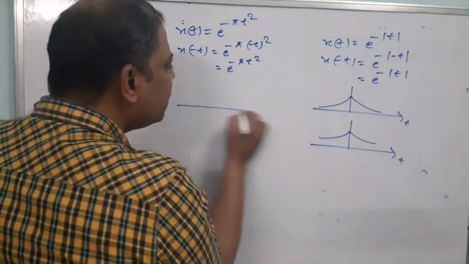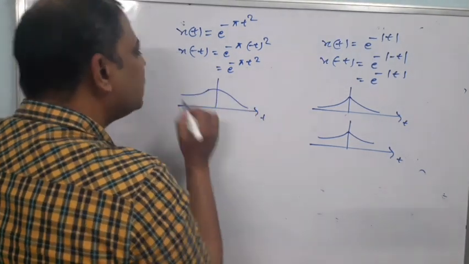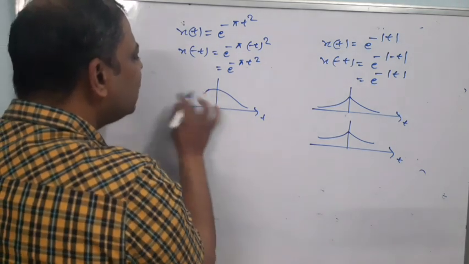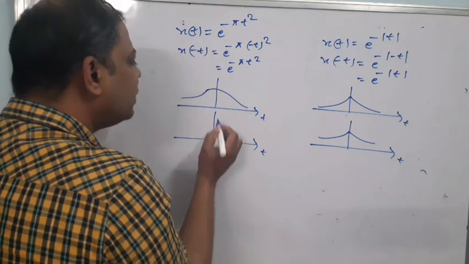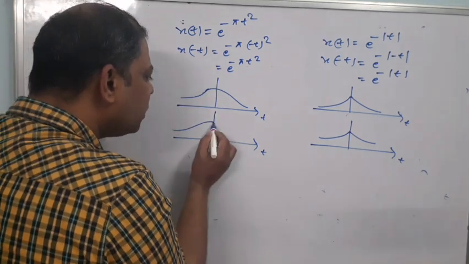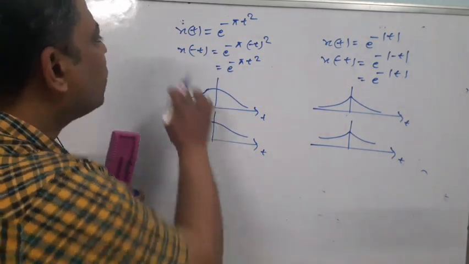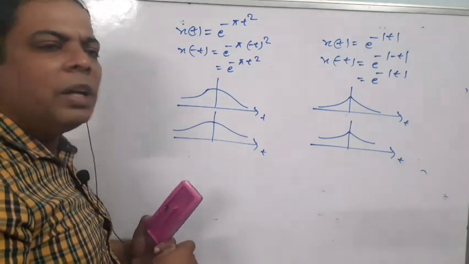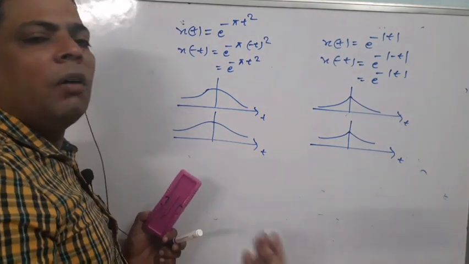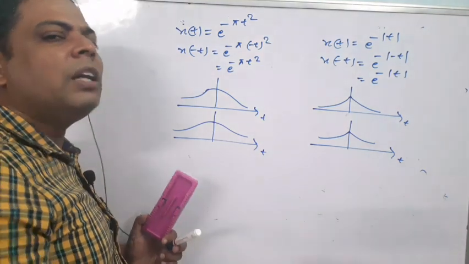So here you just mark, this is your time axis, and the Gaussian pulse is just like this. This is your Gaussian signal. Now if you imagine a mirror here, then again you will find the same shape. That means there is no change in shape if you consider x of minus t in case of a Gaussian signal. Okay. So whatever signal you have, you can easily find the folded version of the signal, or you can easily draw the time reversal of that signal.